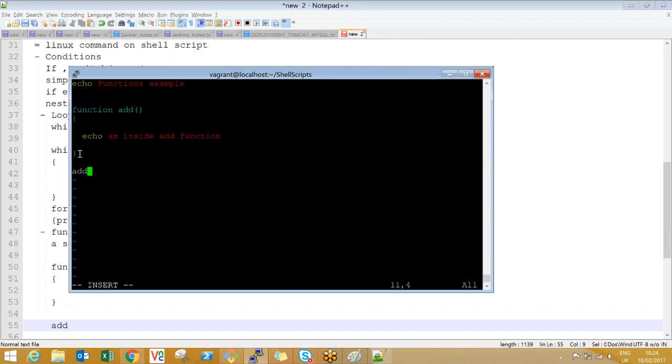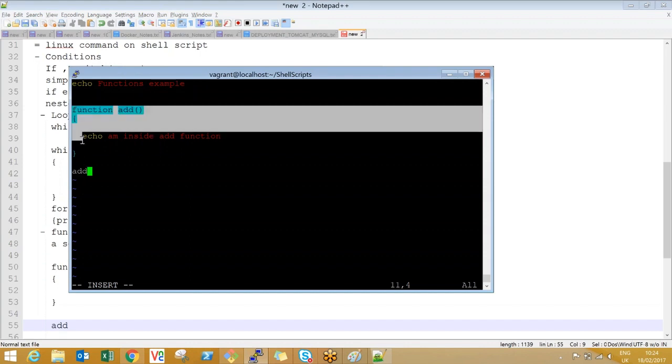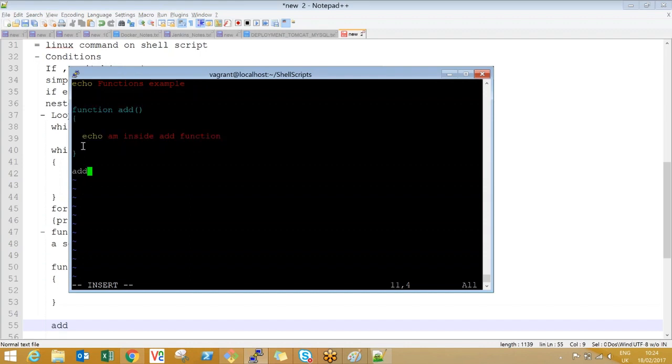So when it scans here, then it can call the add function. But when you call it from the beginning itself, it has not scanned the add function yet. That's the reason always define the functions first. If you download any shell script, guys, and it has functions, the functions are defined in the beginning, then the actual code is written at the bottom. Now I hope you understand how functions work in an interpreter.